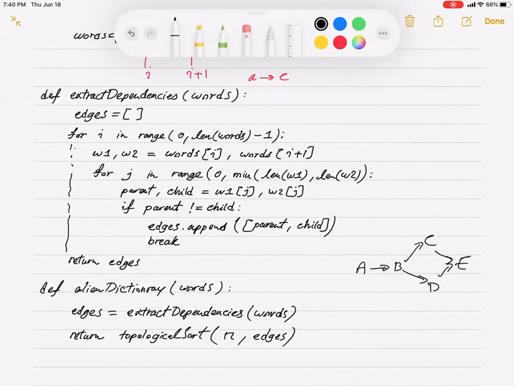Okay, maybe I'm wrong. So let me check this. How many nodes do we have, how many letters do we have? 1, 2, 3, 4, 5. And how many edges do we have? Based on edges, we cannot... Can we actually use a set? Yeah, set is the answer. Set is more